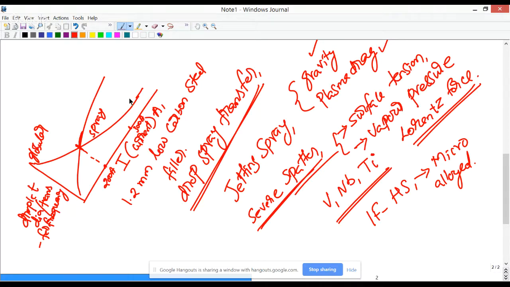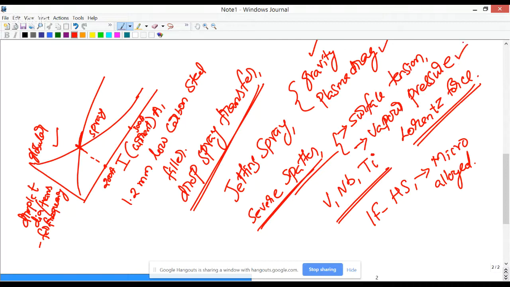And this change, what we observe here, is mainly due to the change in the Lorentz force. So at higher currents, if your current is much higher than the droplet spray transfer current, the amount of Lorentz force generated is extremely high, leading to explosion of the droplet. And this explosion is also aided by